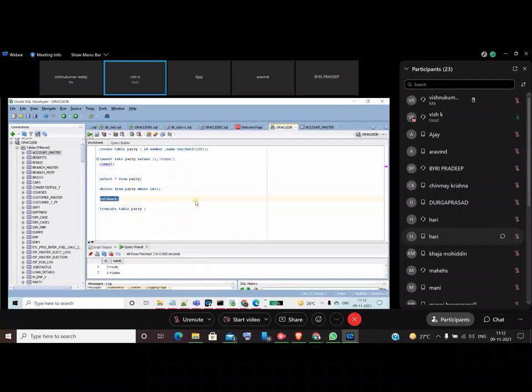Rollback means this one record will not be committed into the database, so only the previous record will be there. This is very, very important at the transaction level: commit and rollback. Commit means it will be permanently saved into the database. Rollback means the transaction will not happen; that transaction will be cancelled.